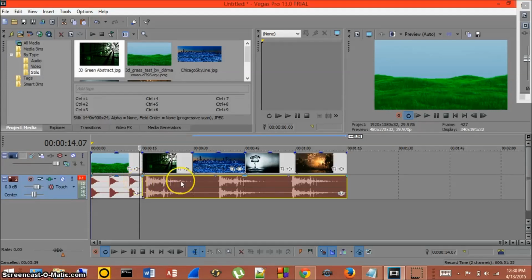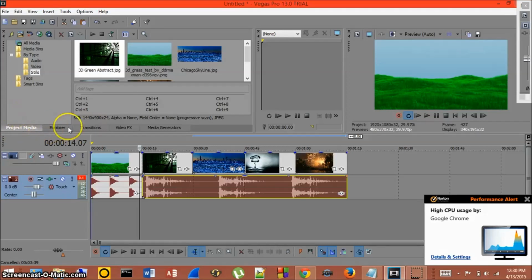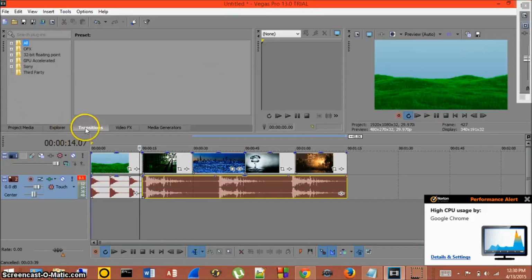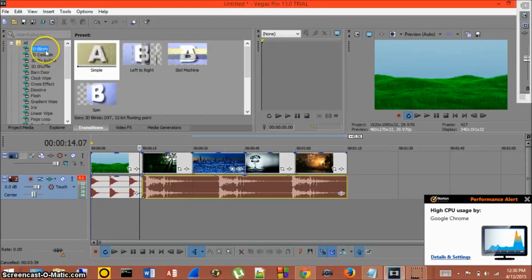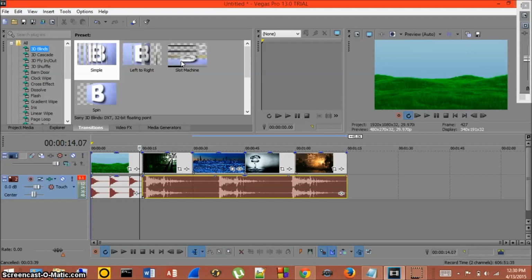As promised, we're going to be going over how to add transitions and what transitions are. So if you see down here, we have an option for transitions. You're going to want to click on that, and what we're going to just open is click all, expand all, and just start clicking on stuff. So 3D blinds, and we can see what these do by just hovering our pointer over them. As you can see, there are different transitions that we can use to bring in photos or bring in different